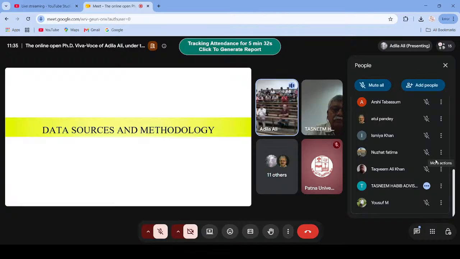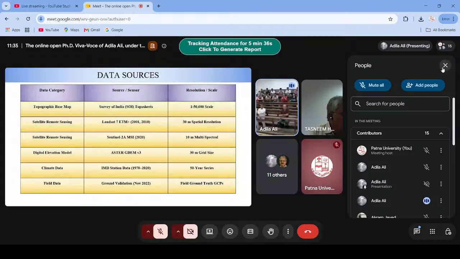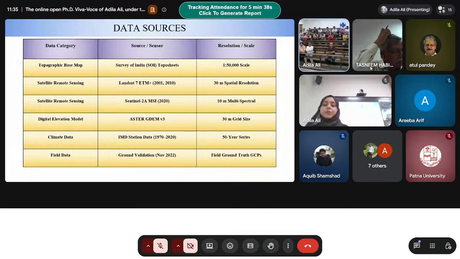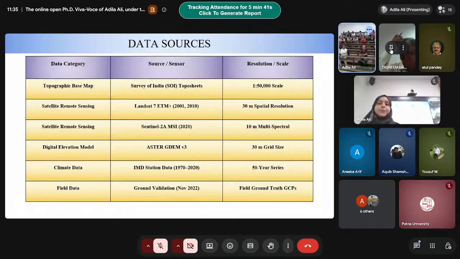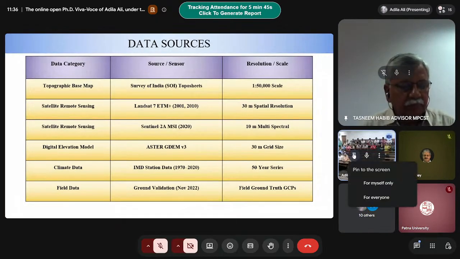Methodology. Topo sheets, satellite imagery, digital elevation model, and climate data were procured. Field data was validated. Ground validation was done in November 2022. Topo sheets were downloaded from